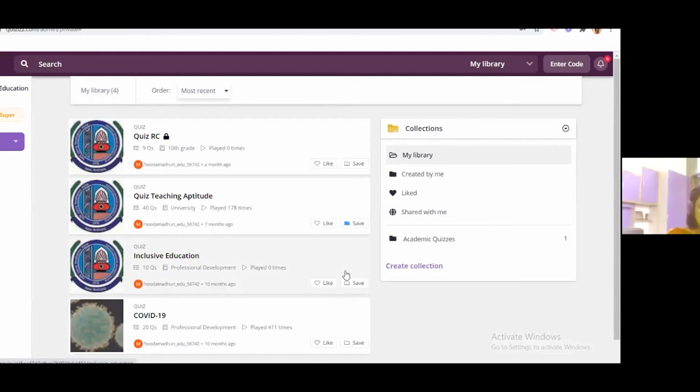This is Quizizz. It is very interesting and really a wonderful tool. There is a difference between Kahoot and Quizizz. When you use Kahoot, the questions are displayed on the teacher's screen and students answer from their own mobile phones or laptops. But in Quizizz, you will play the quiz also, like the questions will appear on your own screen also. So first of all, we'll see how a quiz can be prepared with Quizizz.